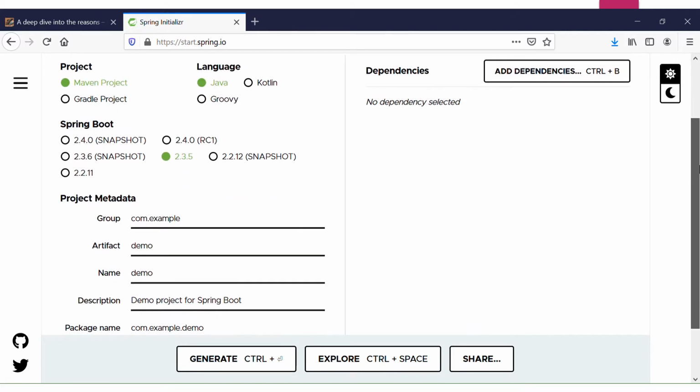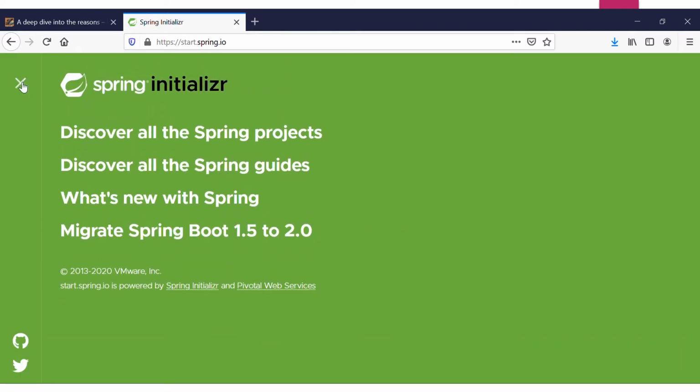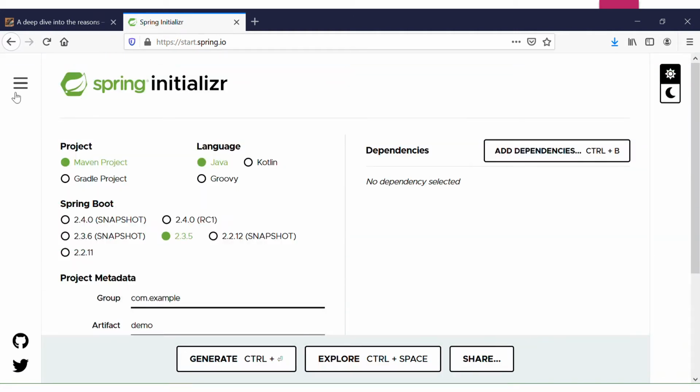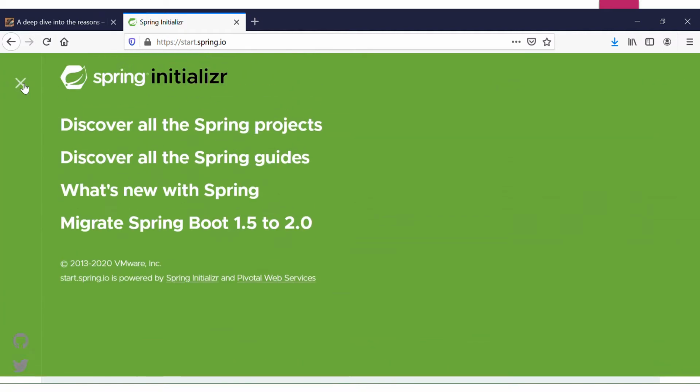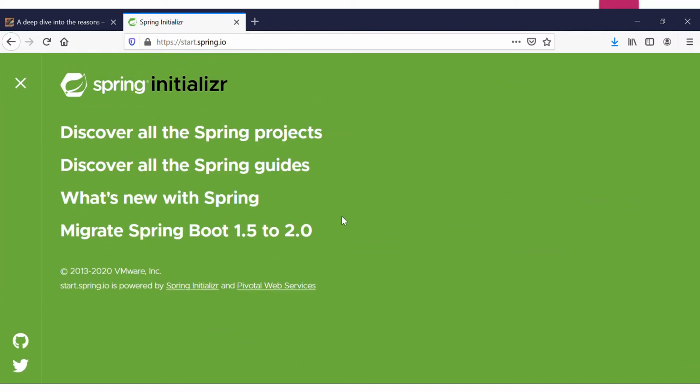If you want to understand a bit of detail about what Spring Initializer is and what it helps in, you can just click on the three horizontal bars in the left corner, and you can see a few hyperlinks which give you the various features and details about Spring Initializer.